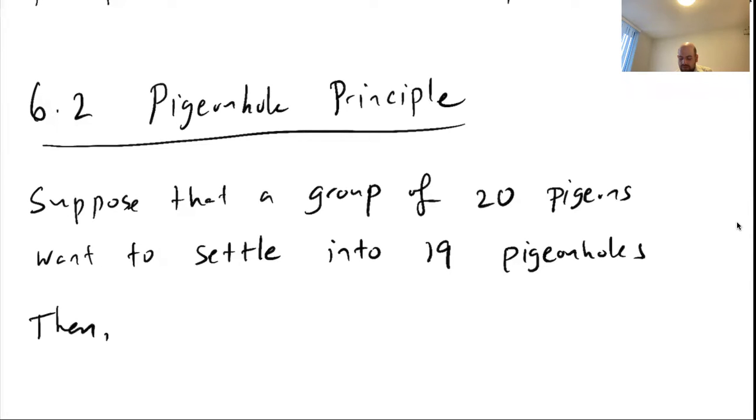Then, okay, what can I say then? 20 pigeons into 19 pigeonholes. So then I want to say that at least one pigeonhole will contain two pigeons,